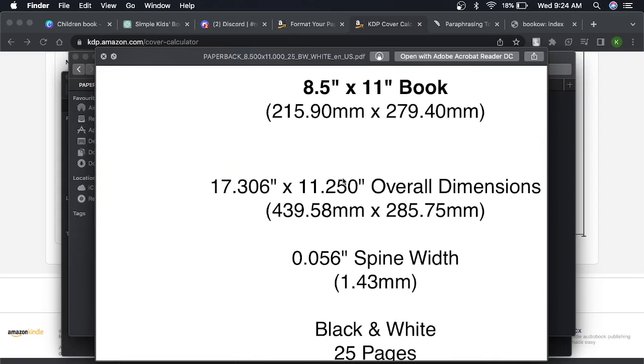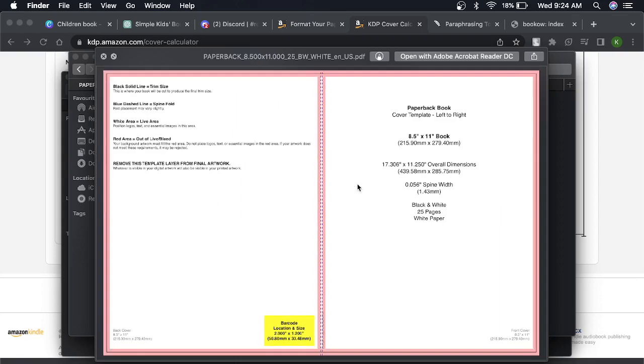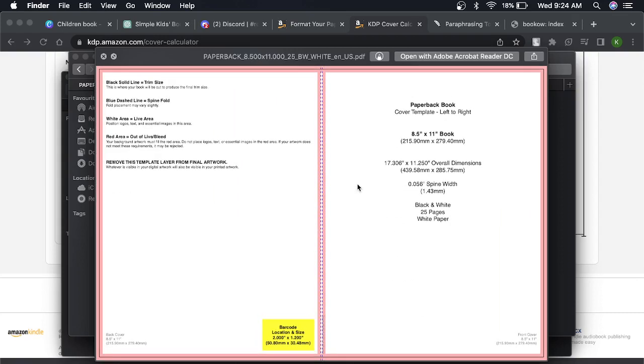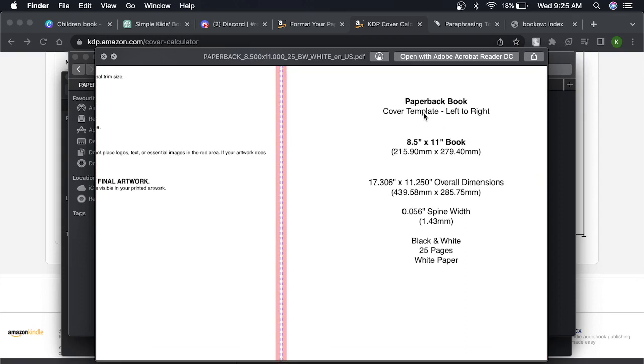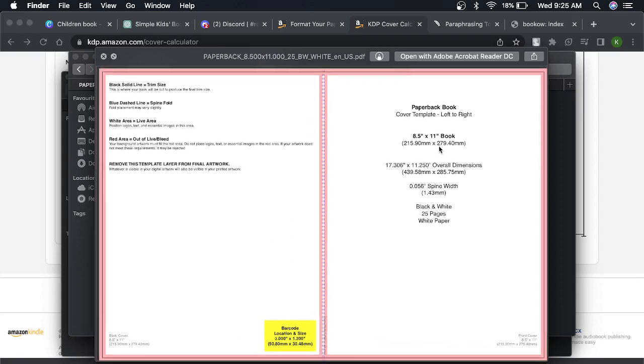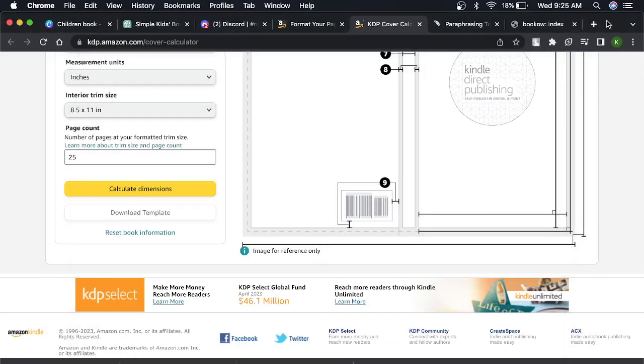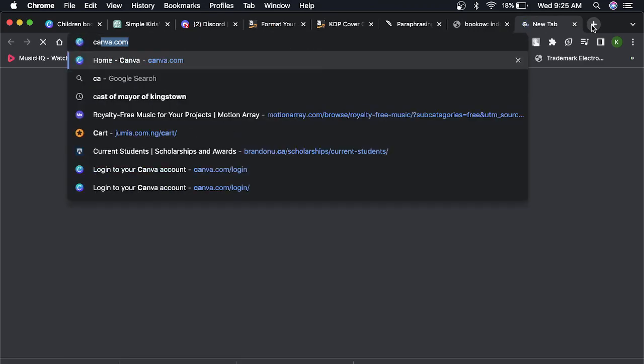Can you see overall dimensions? Can you see 17.306 inches by 11.250 inches? This is for the full cover, while our interior is what? 8.5 by 11 inches. So when you go to canva.com,